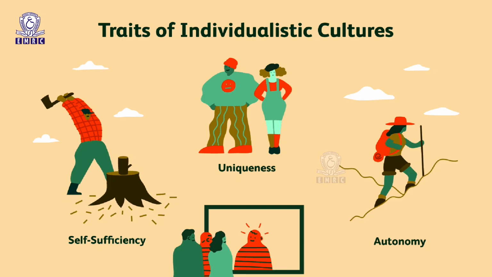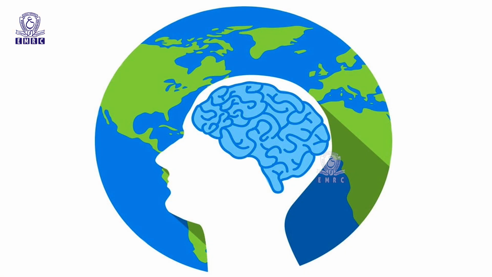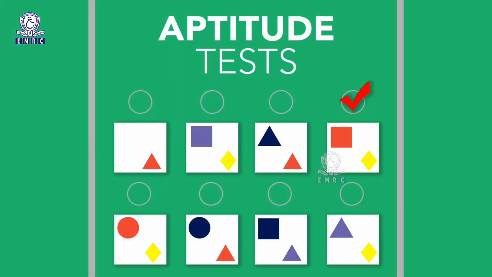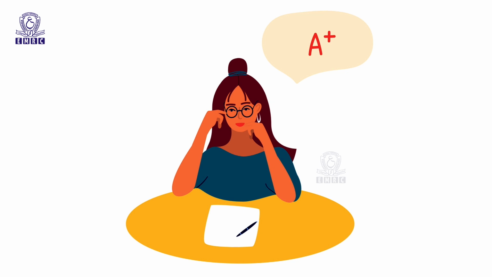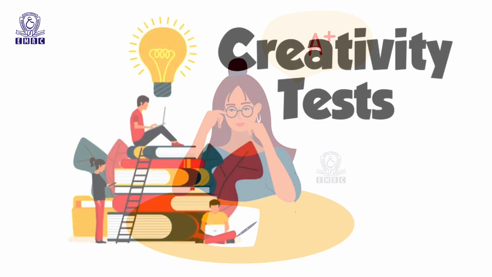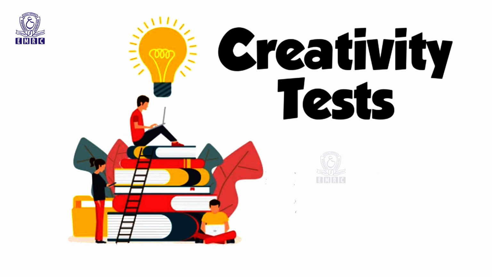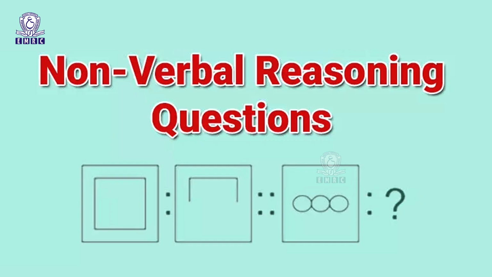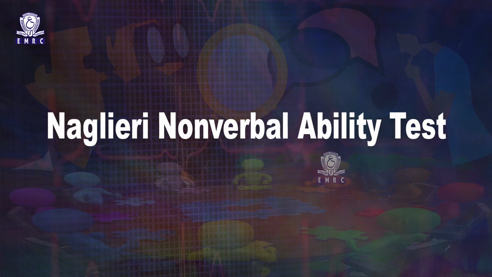The personality tests measure a person's individuality in terms of his unique traits. Intelligence tests measure global mental capacities of an individual. Aptitude tests gauge an individual's capability of learning a specific task. Achievement tests evaluate a person's past learning. Creativity tests measure a person's ability to think of novel ideas. In verbal tests, responses of the testee are recorded in verbal format, and non-verbal tests use symbolic materials like pictures, figures, etc. The Naglieri Non-Verbal Ability Test is also one of the measures of general ability.